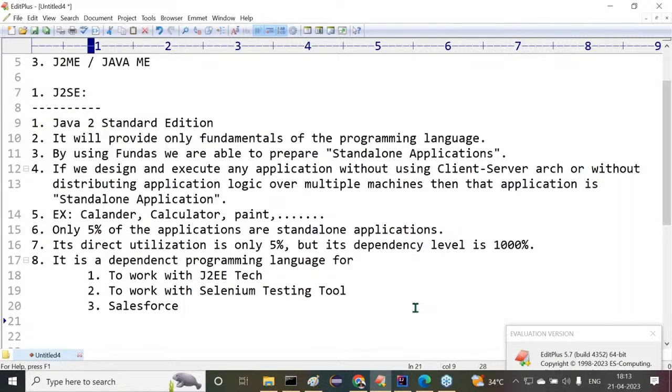Not only that, if you want to work with Hadoop, are you aware of it? Hadoop is a big data analysis tool. If you want to learn Hadoop, again, what is required here? J2SE is required. Or if you want to learn SAP related tools,